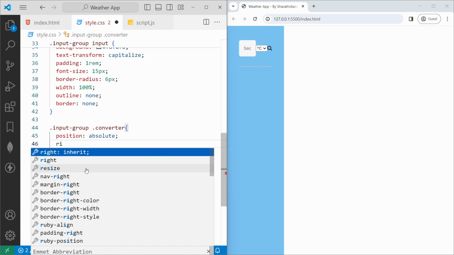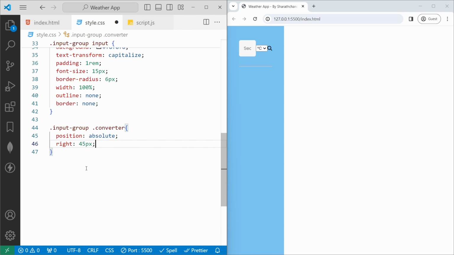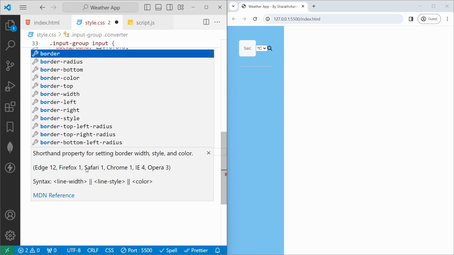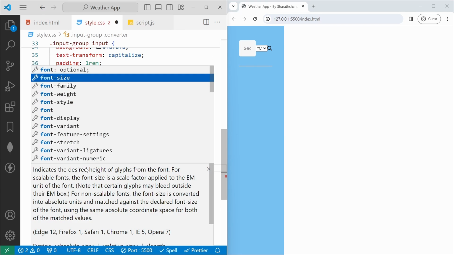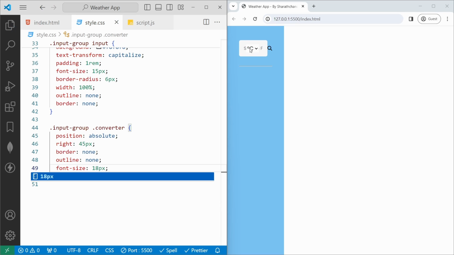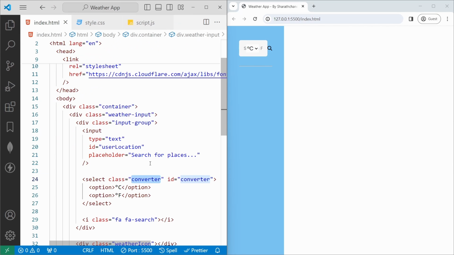we'll set the position to absolute because we need to place this converter on top of the input, right? So I will set the right to 45px, and then again I will remove the border to none, outline to none, then font size should be 18px. Now we can see the select box on top of the input, and now we need to style